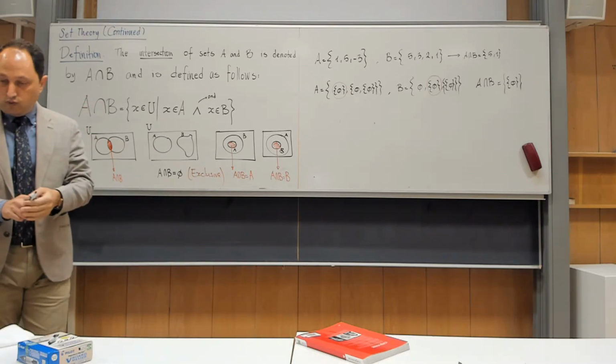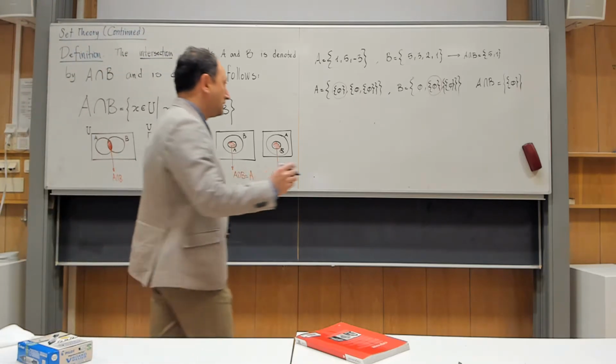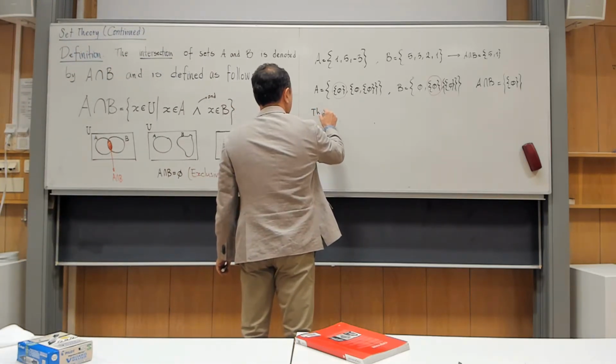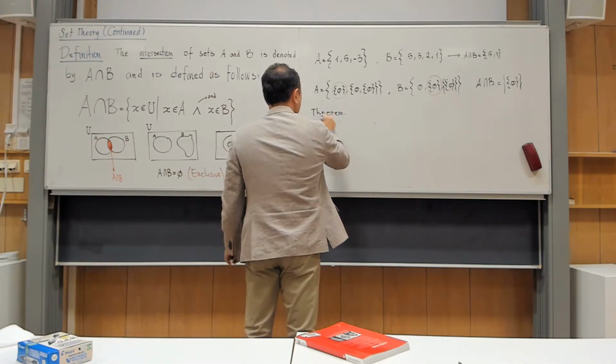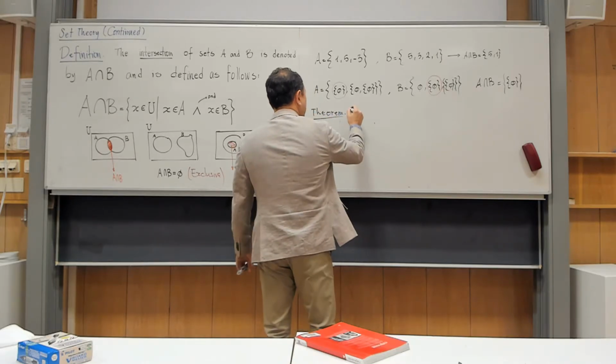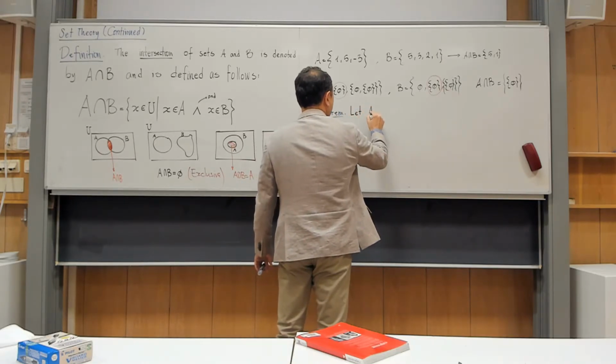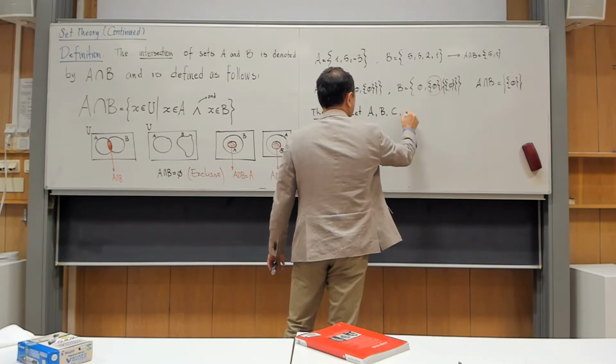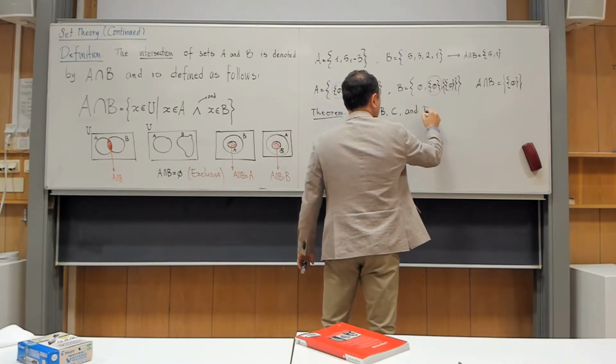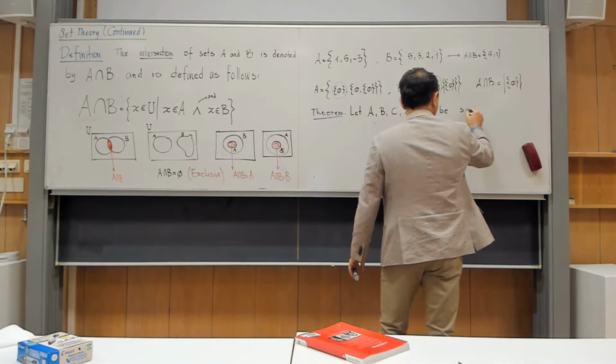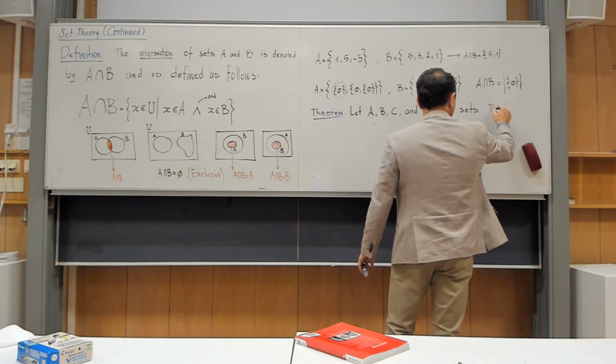So I don't know, do you know which theorem I'm referring to? So let me just write this theorem. So I would say that let A, B, C, and D be sets. Yes, then